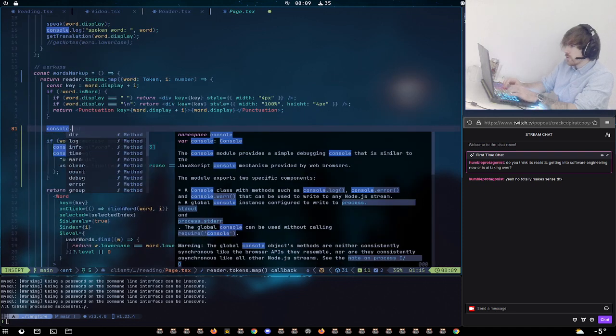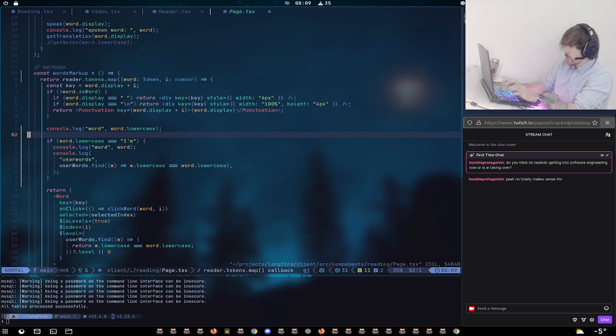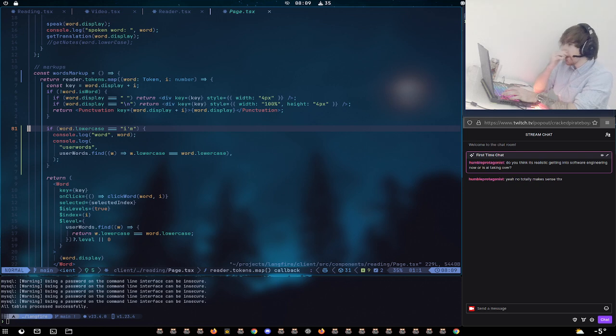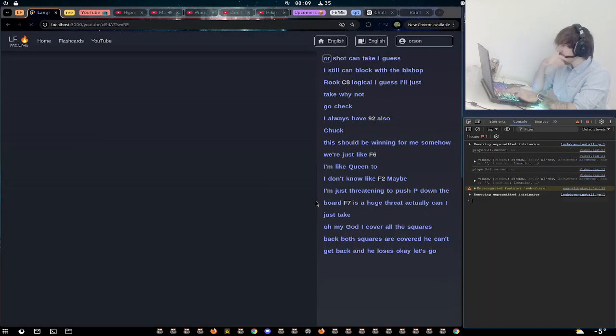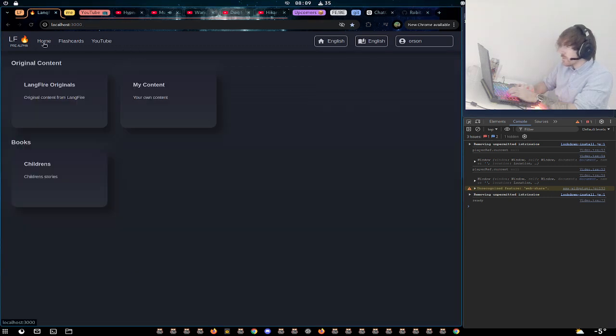I'm going to now console log word.lowercase, because for some reason it's not matching the I'm. Oh, it needs to be that. That's why. Because I was using an uppercase character for lowercase. That's strange that it's not even going there.